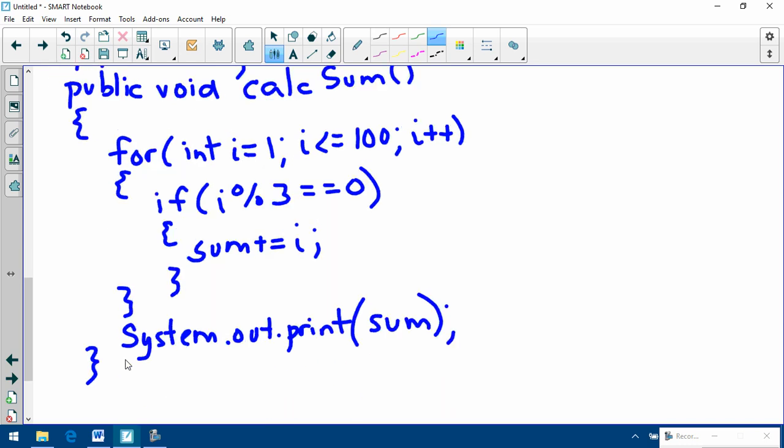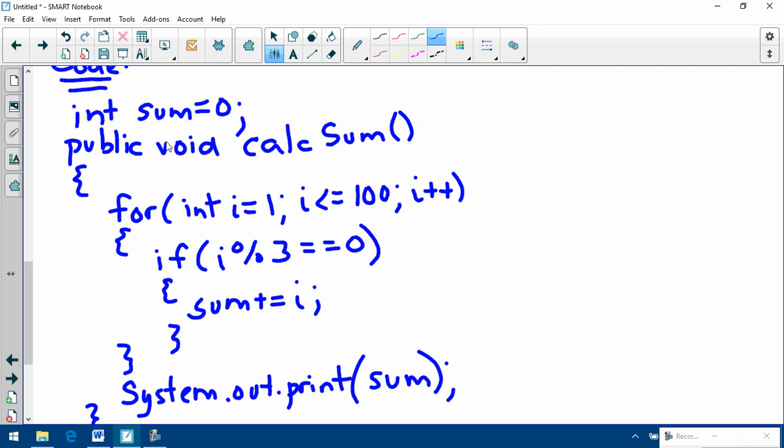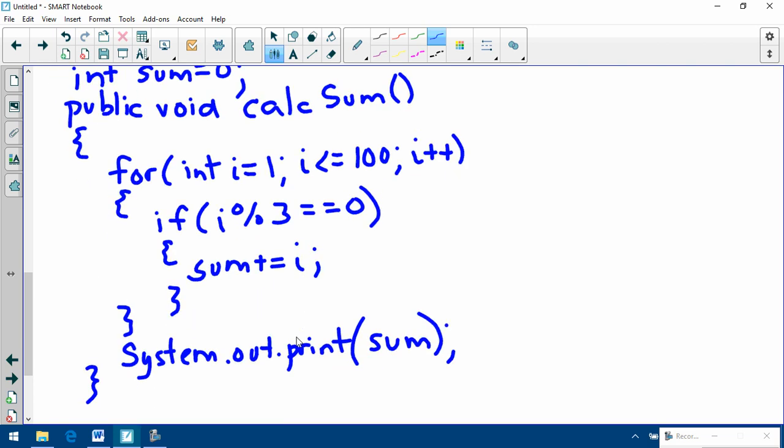Okay, so there's going to be a method somewhat similar to that. It might be slightly trickier on the test, but again, you have to know this idea of accumulating up something and then printing out the answer at the end. And then finally, there's going to be one question that kind of asks you to write a full program. And I said I'd give you some hints about that. The last question on the test is going to ask you to use IPO design. And remember, that just stands for input,